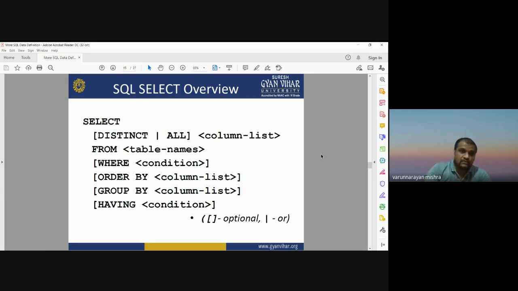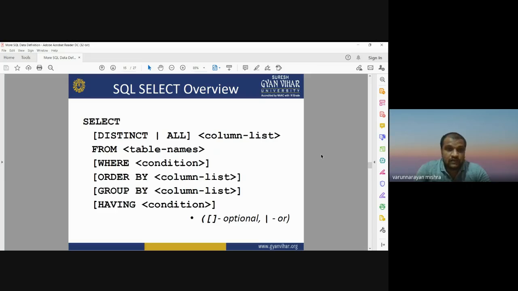Suppose we want to select only the students whose age is greater than 15. So we will write the condition having age greater than 15. So from the entire data sets in that table, this select command only selects the names of the students who have an age greater than 15.